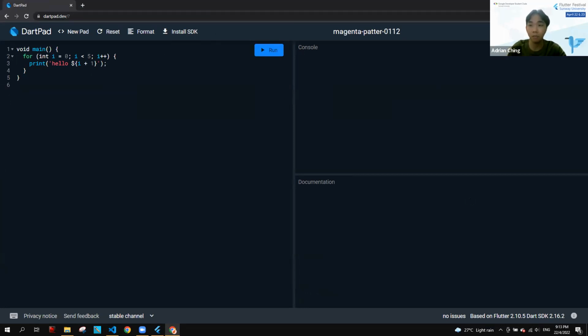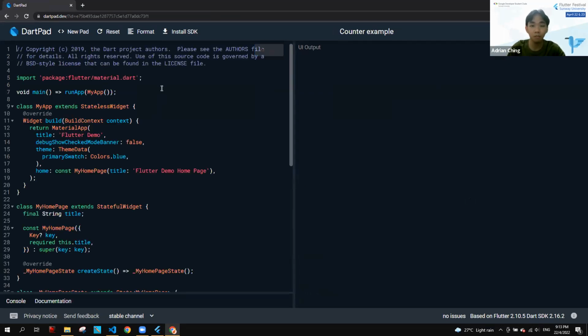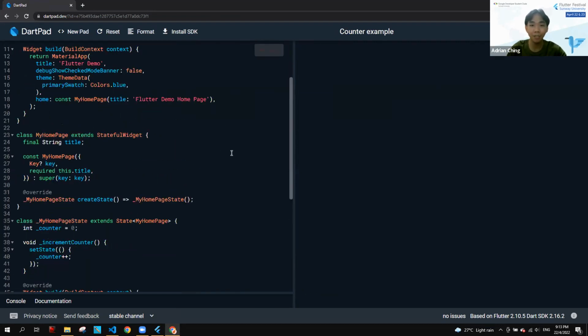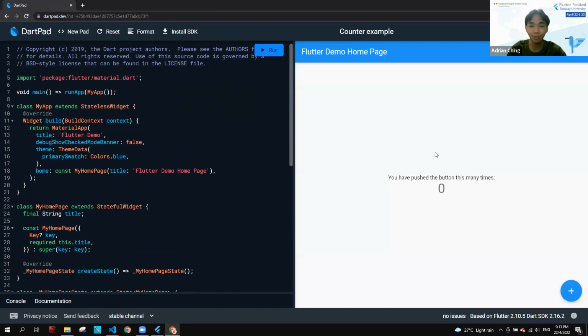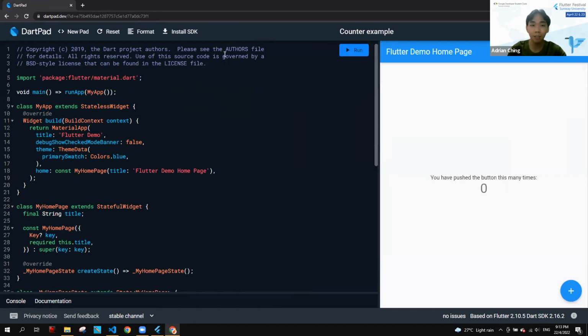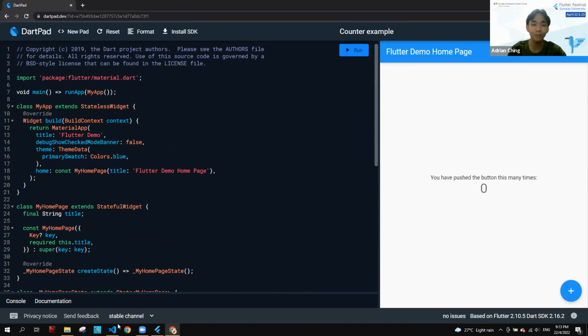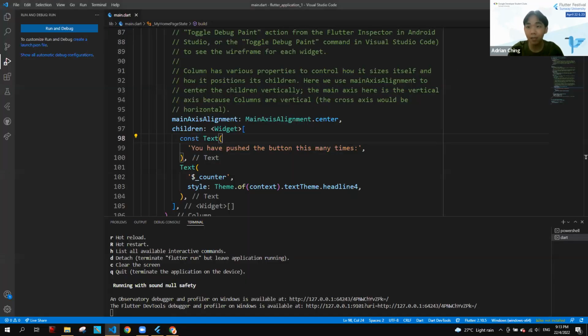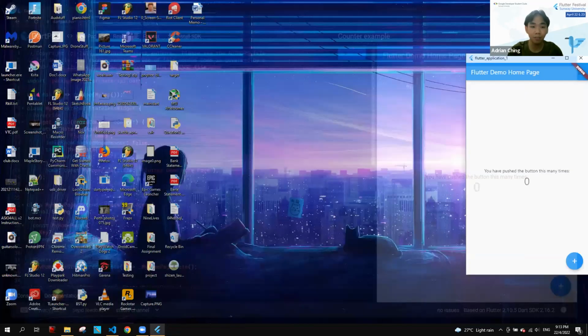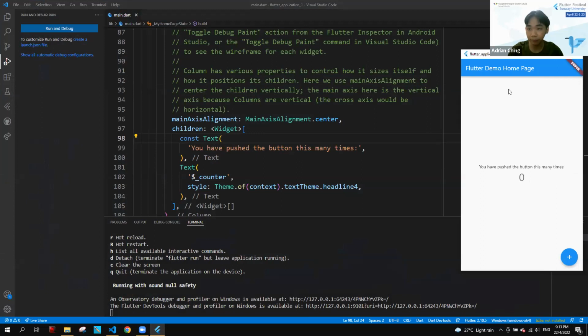And basically you can do a sample counter, and this will be the same thing. It's an online compiler, but it's not as good as the Visual Studio Code because a lot of functionalities will not be in here. But that's just one of the alternatives. So this is an online compiler, and it's the official compiler of Dart and Flutter. So you can run basic code here, but it's not going to be as good as the Visual Studio Code. So now most of you guys have this, right? Something like this. Okay, just going to put this at the side.